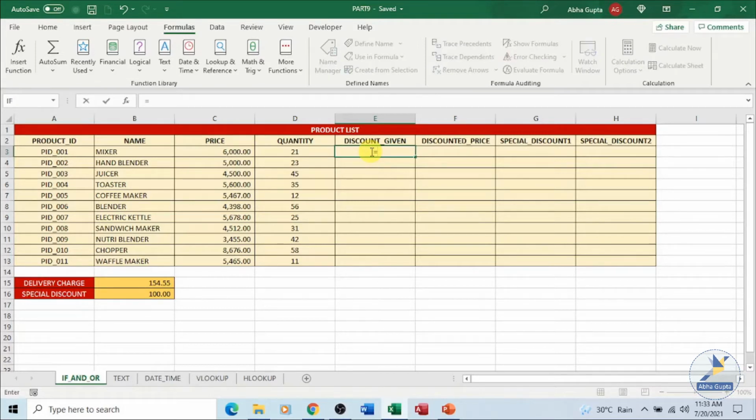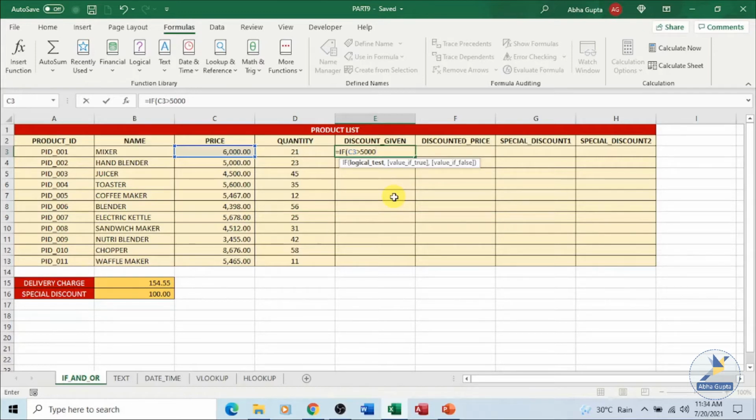You put an equal to sign, IF, opening bracket, then we want to say if this value is greater than 5,000. What I want is that it should display whether it is true or false, or whether you want to say yes or no in this particular cell.